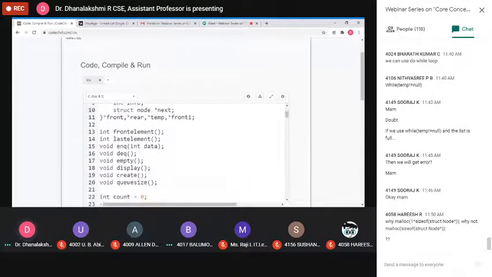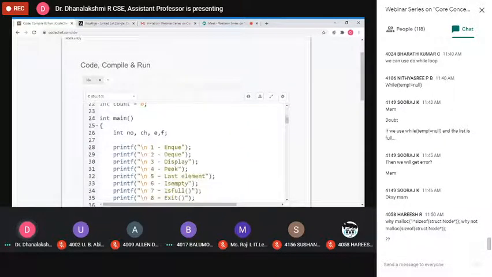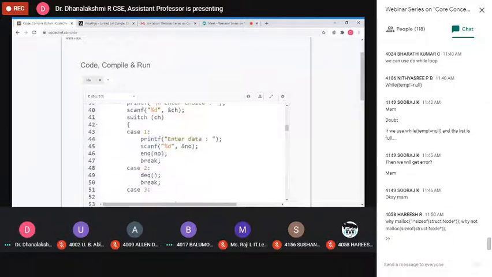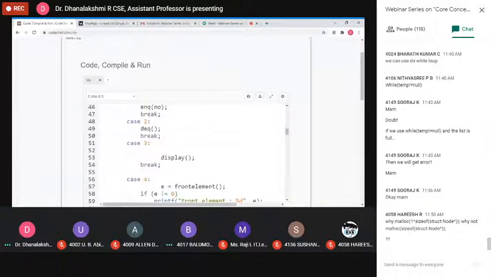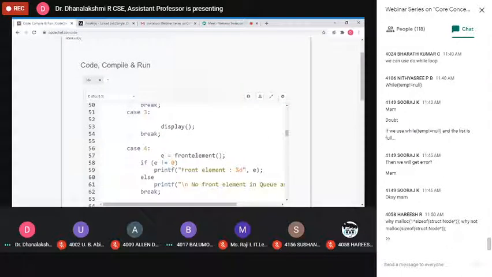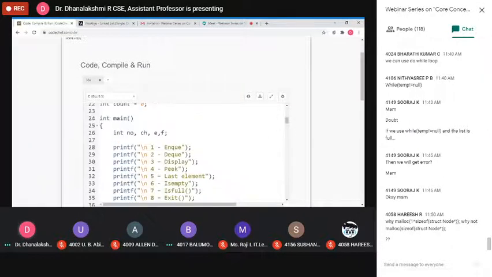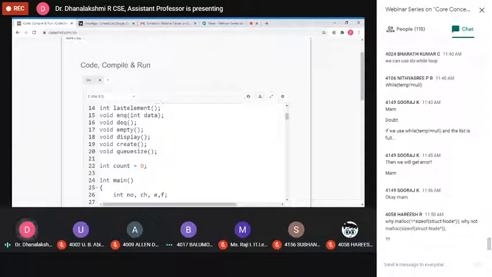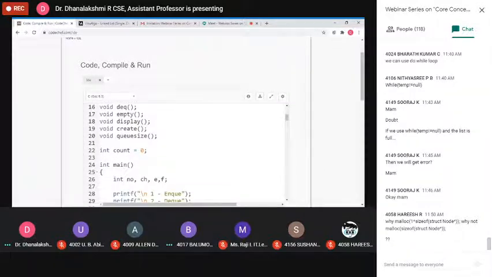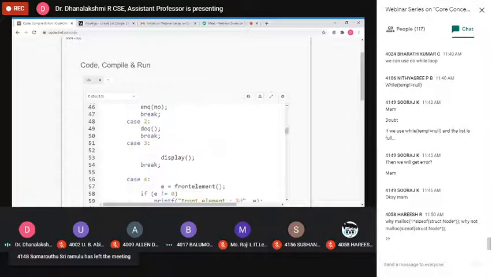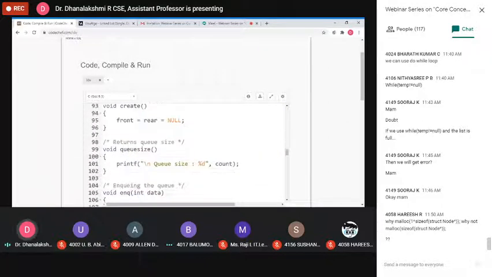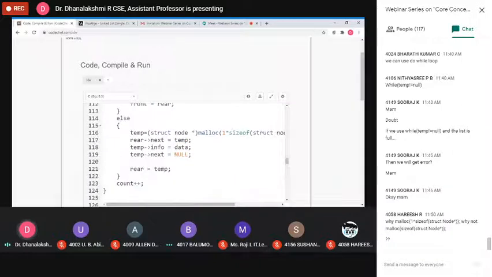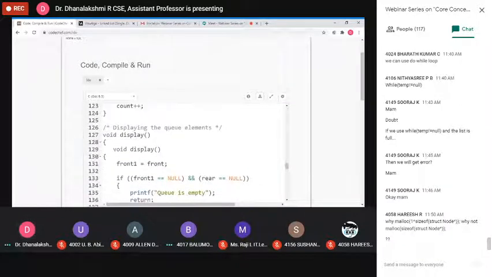Why is the display function not working? The function definition has create, size, enqueue, DQ and display.